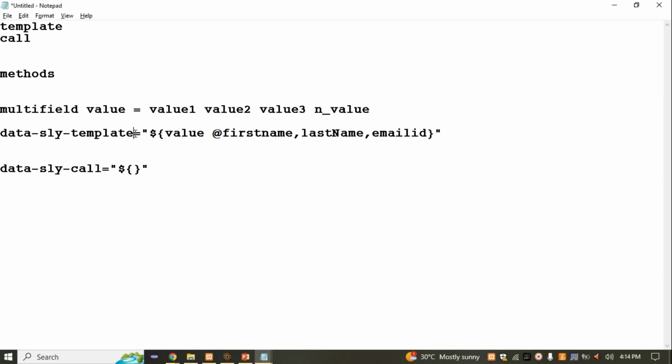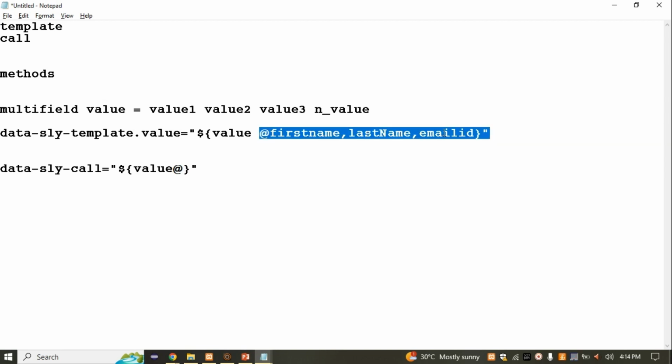Whatever name you have defined here, just like here I am defining value, so you can simply use here value, that means we have called it. And after that here we have to pass the variables, that means here we have first name, last name, and the email. If you want to pass it you can pass from here, otherwise you can simply define here,